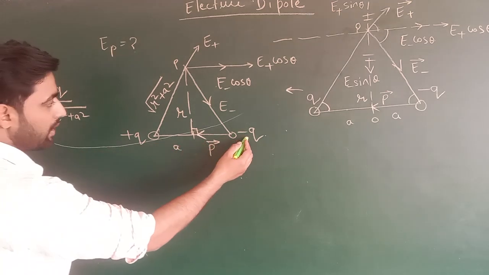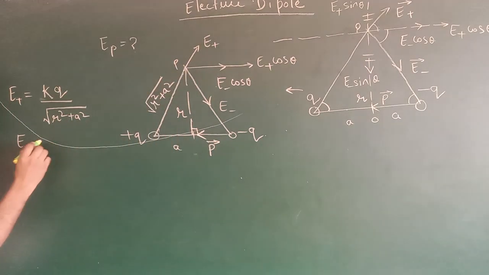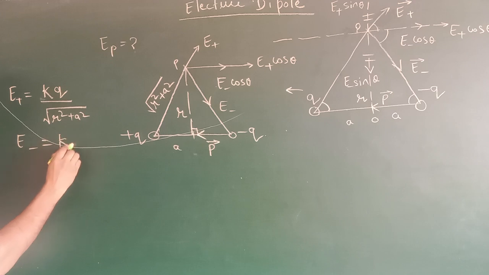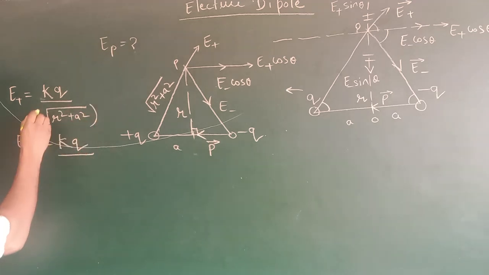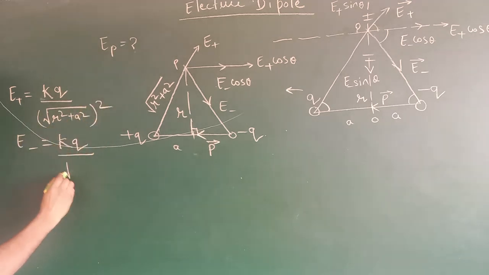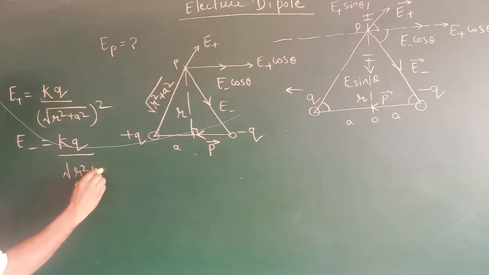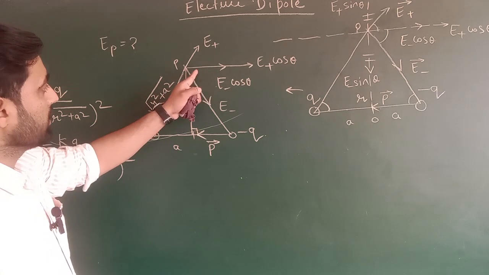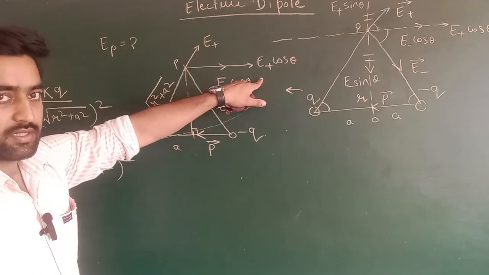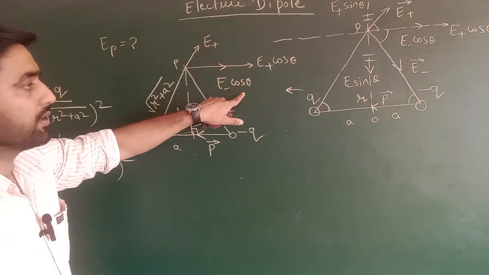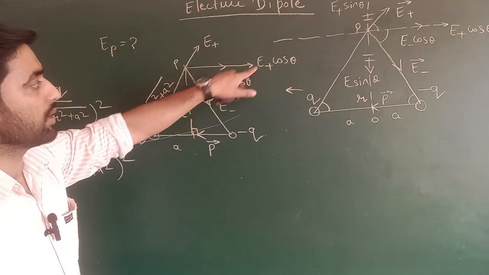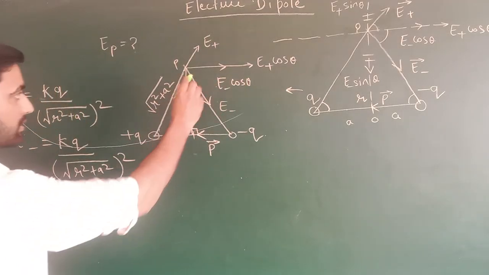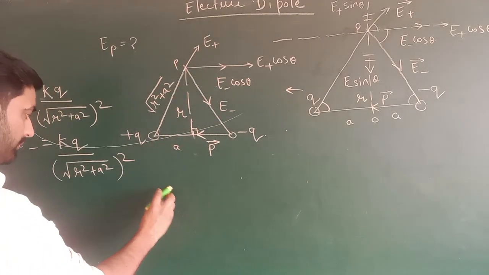And electric field due to minus q charge at point P is the same. Now as these two components are in the same direction on the same line, so in order to find out the resultant we will have to add these two components. So the resultant at point P would be